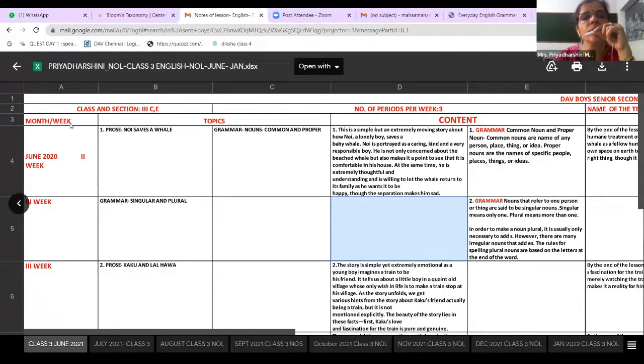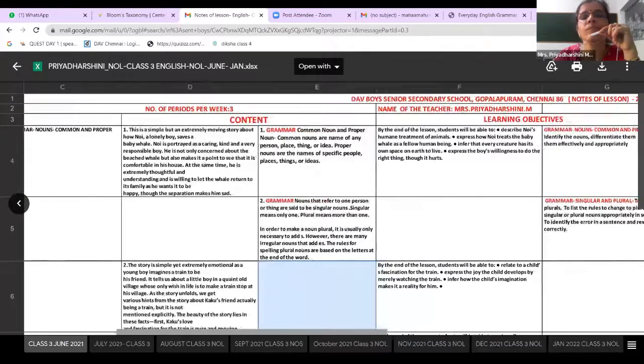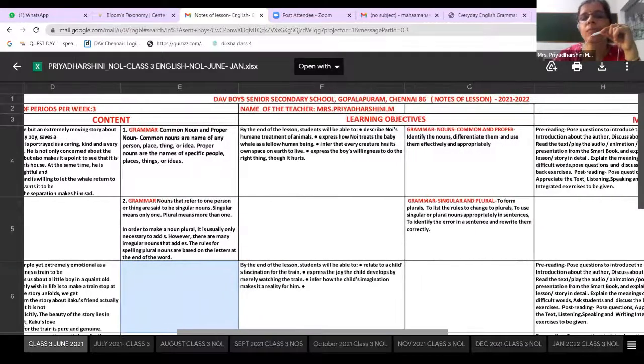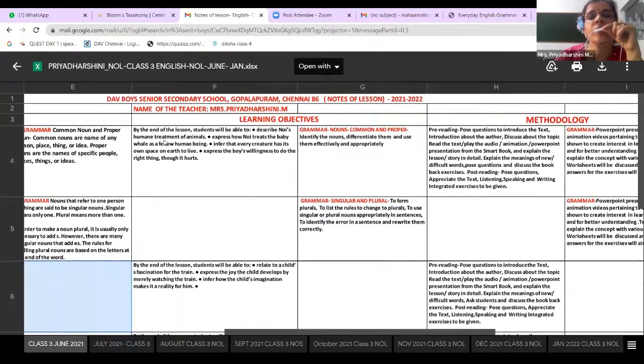June, this is the format that we follow here for lesson plan. So we write the month and week. Then the second is we will be writing the topics. Then it is followed by the content here. See, then we have the learning objectives here. By the end of the lesson, what the children are going to learn: